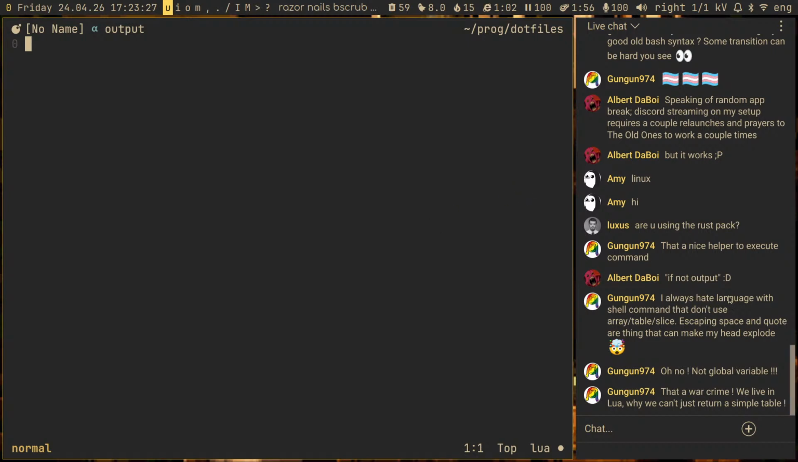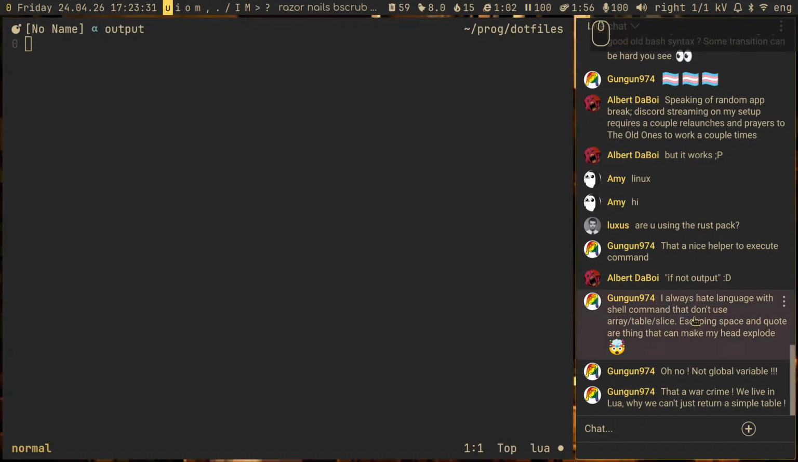I always hate languages with shell commands that don't use them for real, indeed. Escaping spaces and quotes are a thing that can make my head explode. Yeah, and especially,